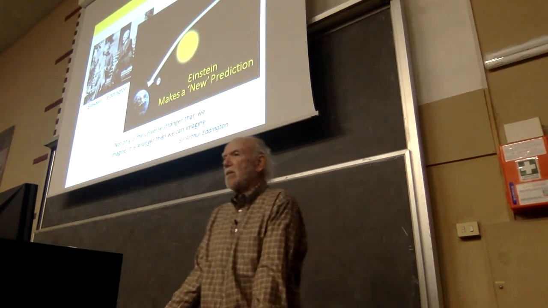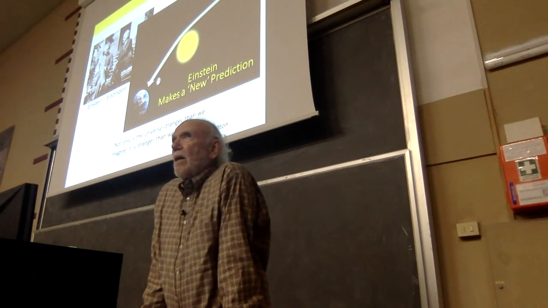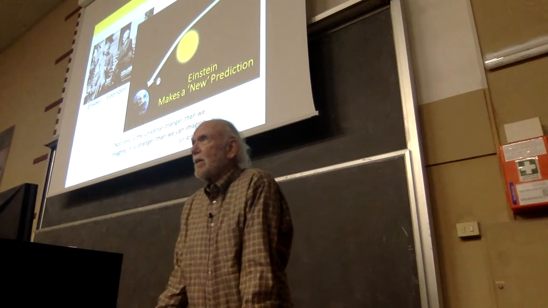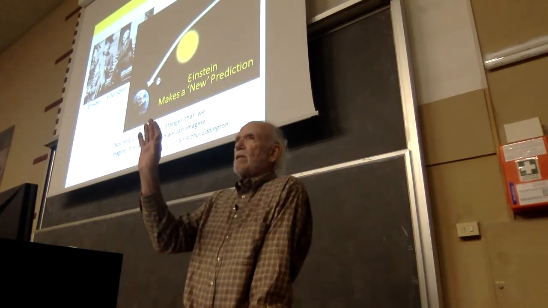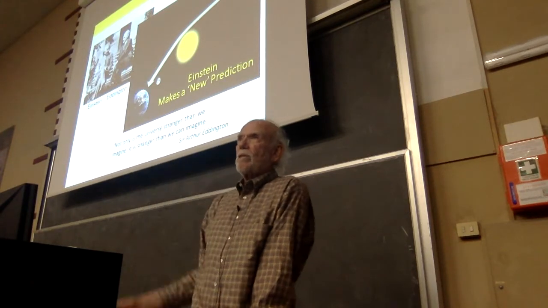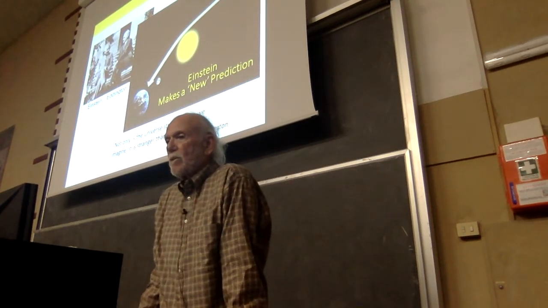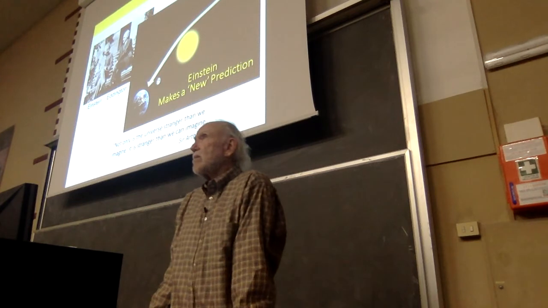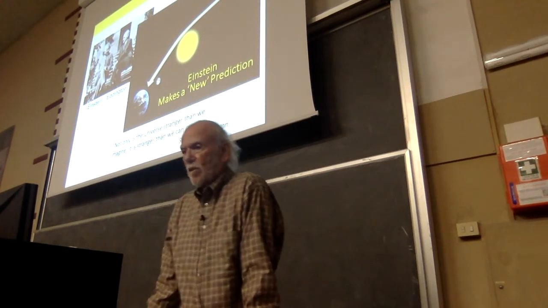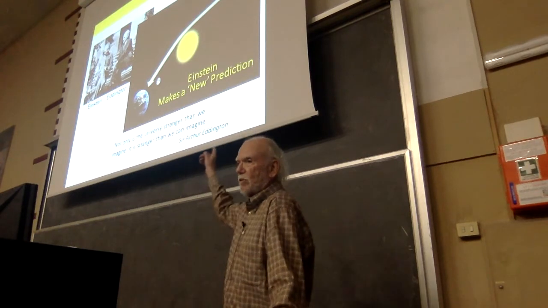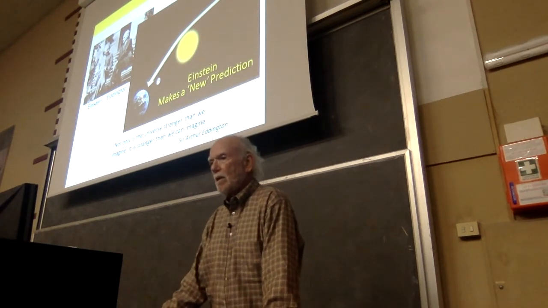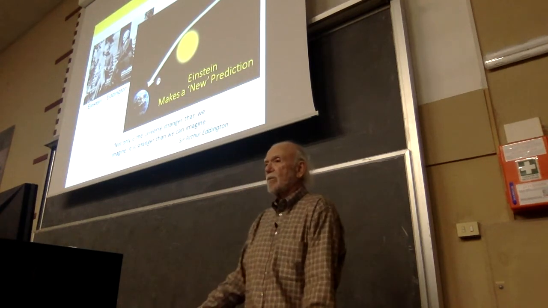And the way to test it was to look at a full eclipse of the sun. At the same time, while you're looking at it, stars that are behind the sun move toward the sun or behind the sun. And you can see the light coming from it apparently bend as it goes behind the sun, in a picture that's a little bit like the one that I've drawn here. So he proposes in 1915.